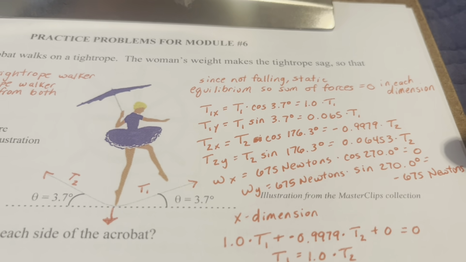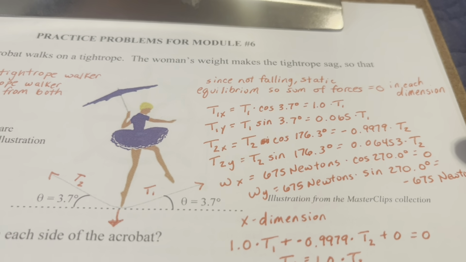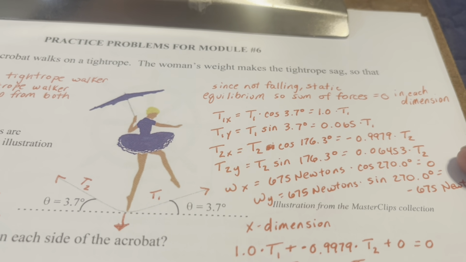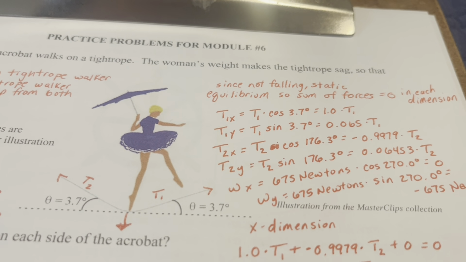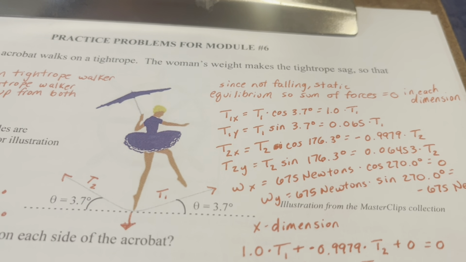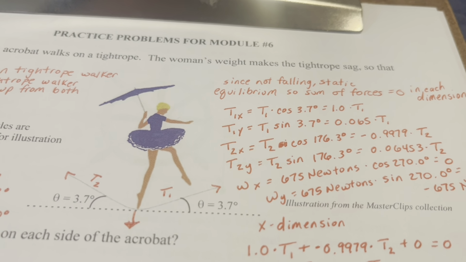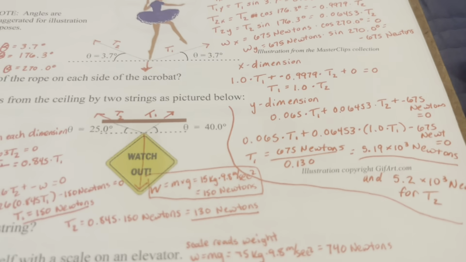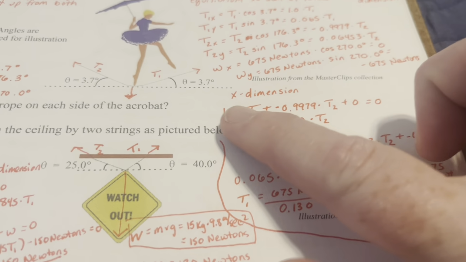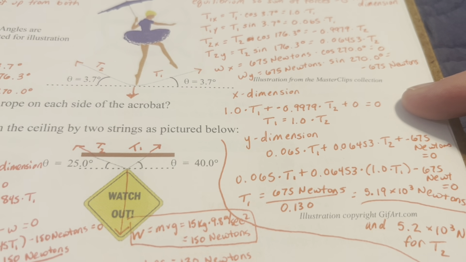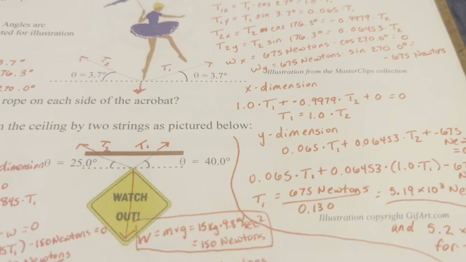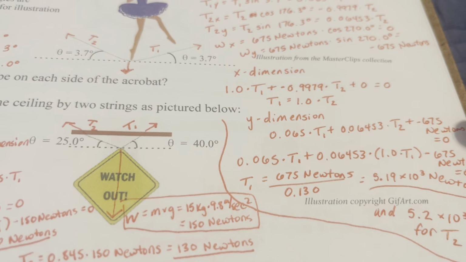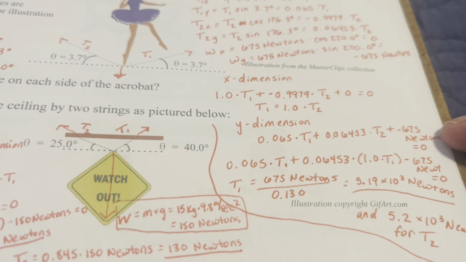Then I'm going to do the weight components. Wx is going to be 675 newtons times cosine of 270 degrees, which is 0. Then my Wy is going to be 675 newtons times sine of 270 degrees, which is going to be negative 675 newtons. Okay, so then in the x dimension, I'm going to add all those up and set it equal to 0. And then in the y dimension, I'm going to add it all up and set it equal to 0. And then I'm going to substitute